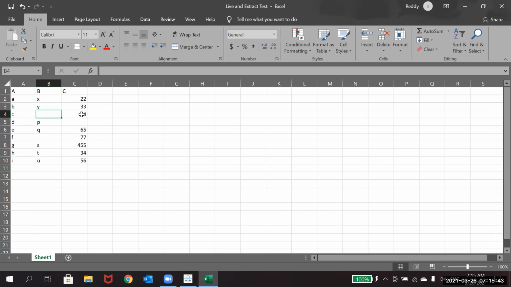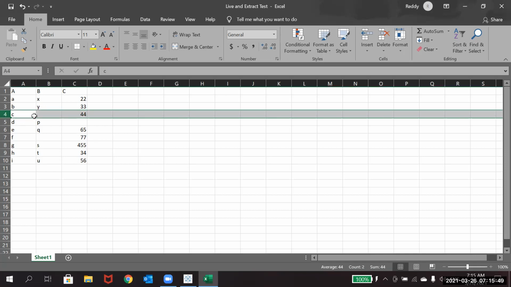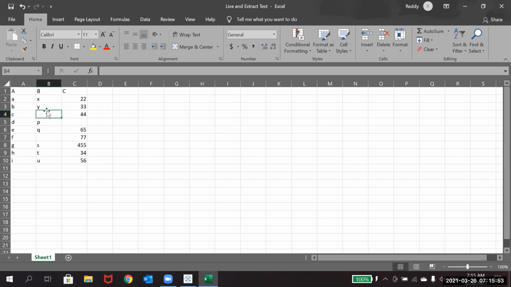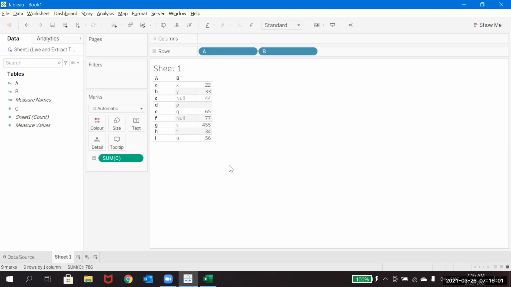Okay, see, here you have the value, no? What I did in this row is, in column C, I just deleted the value under column B only. I didn't delete the value of column C. So here it was showing null in the B column, and C was showing the value. Okay, I understood what your point is.